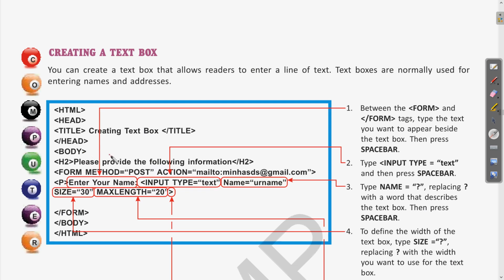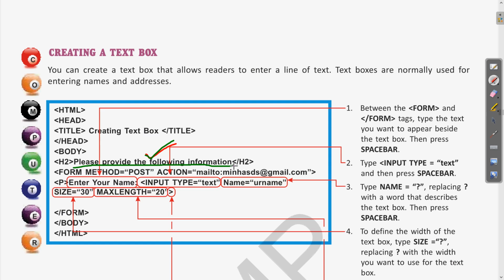Then in the body tag, this is the heading that provides the following information. Let me change the color. So here we were talking about the heading tag where we are writing please provide the following information. Whatever text you want to write, we can write in these heading tags.